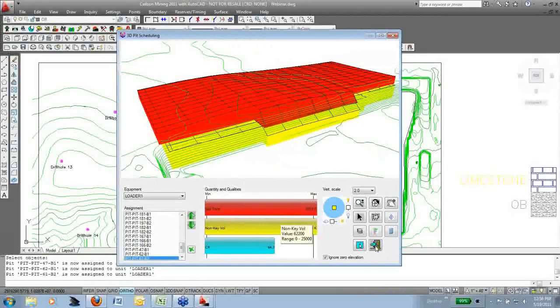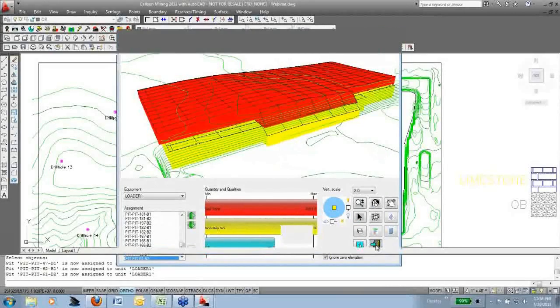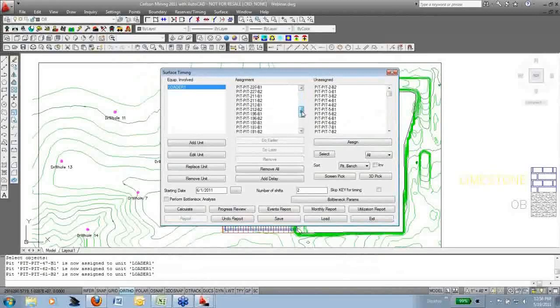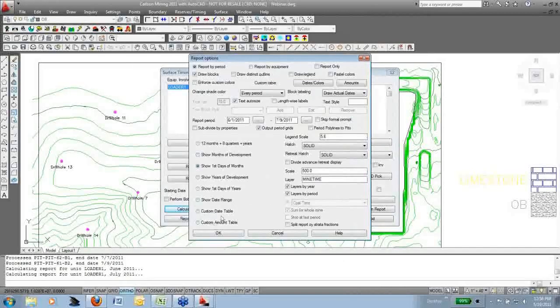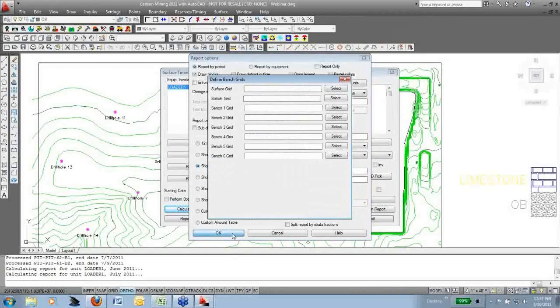Okay, so the process of this window is to do the picking, and everything I picked is in the middle window now, ready to go for scheduling. I just hit calculate. It finished on July 9th. We'll go to detailed reports. That's only about 1 month worth. So let's do first days of months. And okay, it's going to output